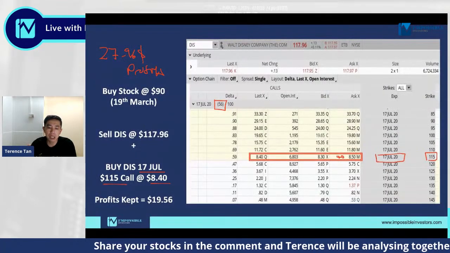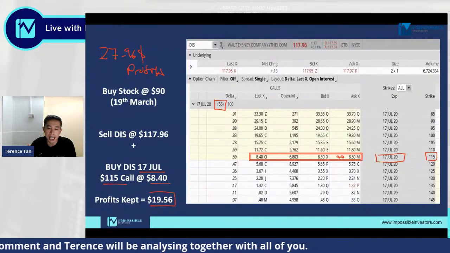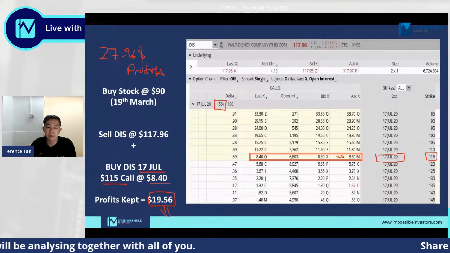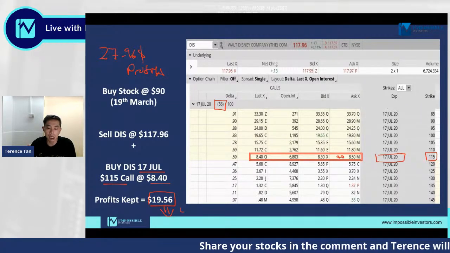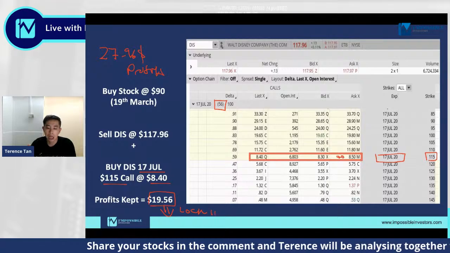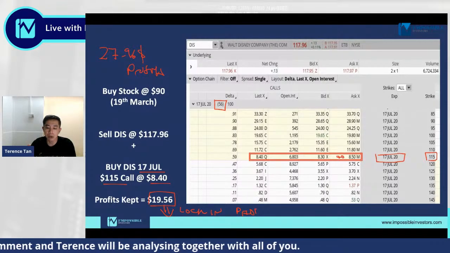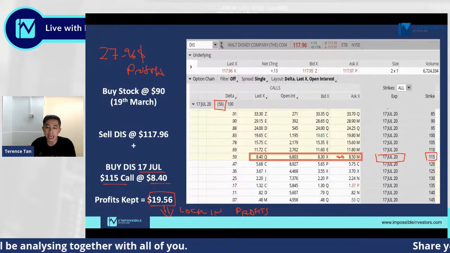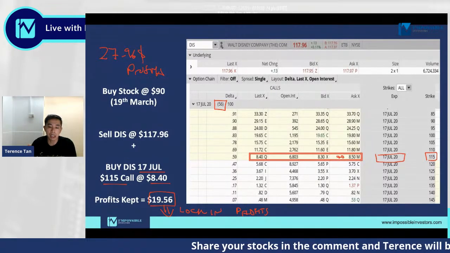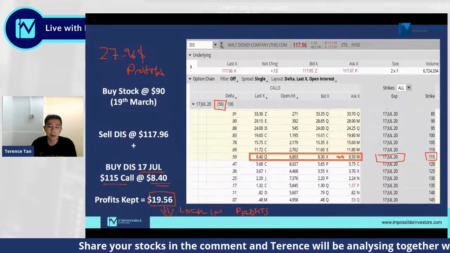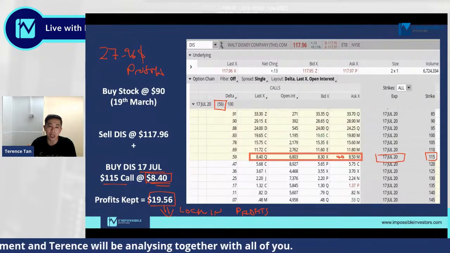Okay, after paying for this option over here, what's going to happen is I get to keep the 1956 that is sitting in my pocket right now. And this 1956 is what we call locked in. So these profits are locked in over here, which means I will not be losing any of these profits from the trade that I'm trying to continue. Because I paid for the option outright, the maximum I will lose from this trade is the 840 that I paid for the call option.